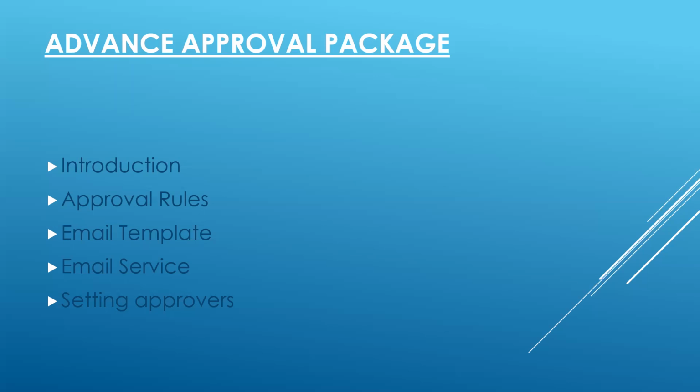Then email template and email service. This is what we send to the customer to approve and reject the quotes. For this we have an email template object. With the standard email template we make a template however we want, like HTML, VF, anything. Then the ID of that email template is put into the template object record, and that email template is mentioned in our approval rules. So whenever that rule triggers, the email template mentioned there will be triggered.